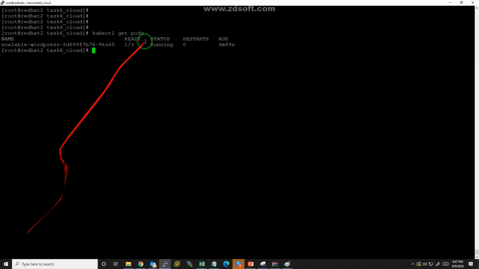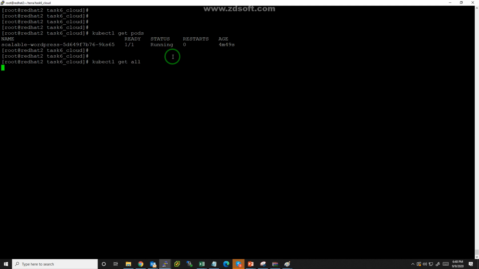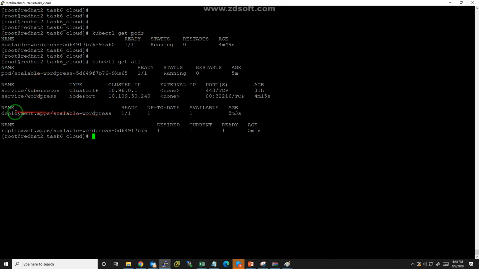Let's see the pods are running, which is the scalable, and it's running now. Let's see the deployment. The deployment scales: one available, desired is one, current is one, and ready is one.